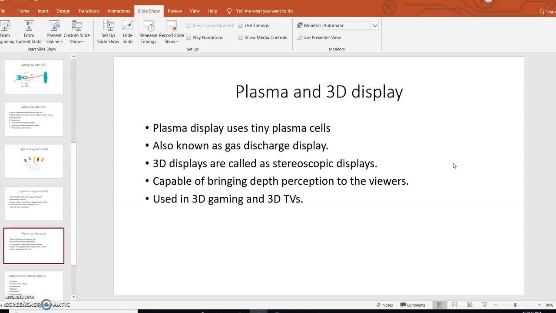In big showrooms like Reliance Mart, you can go over there and find different types of displays like plasma, 3D, LEDs, LCDs, etc. You'll find the difference between each type, and you can clearly observe that plasmas and 3Ds provide a much clearer picture, a more realistic view, as compared to LEDs or normal television displays. Okay, this is the thing.